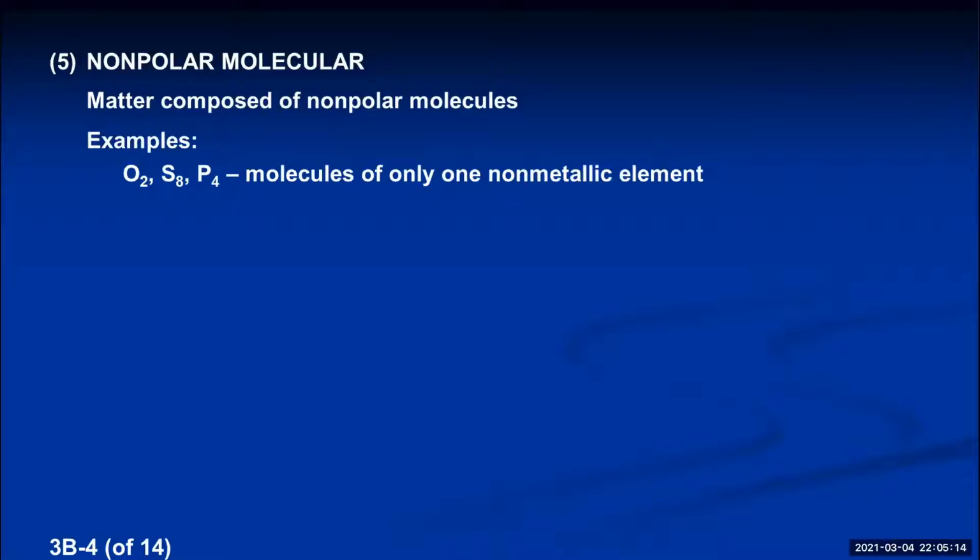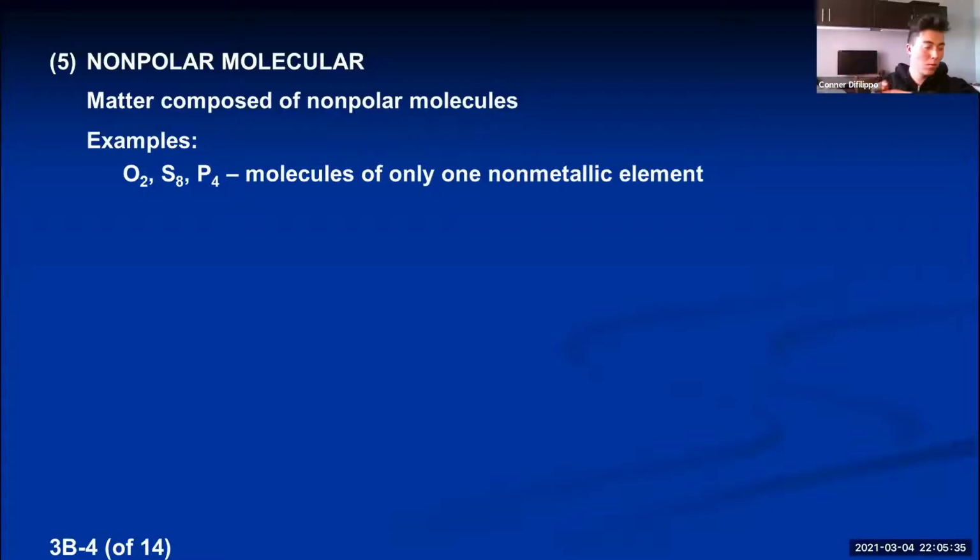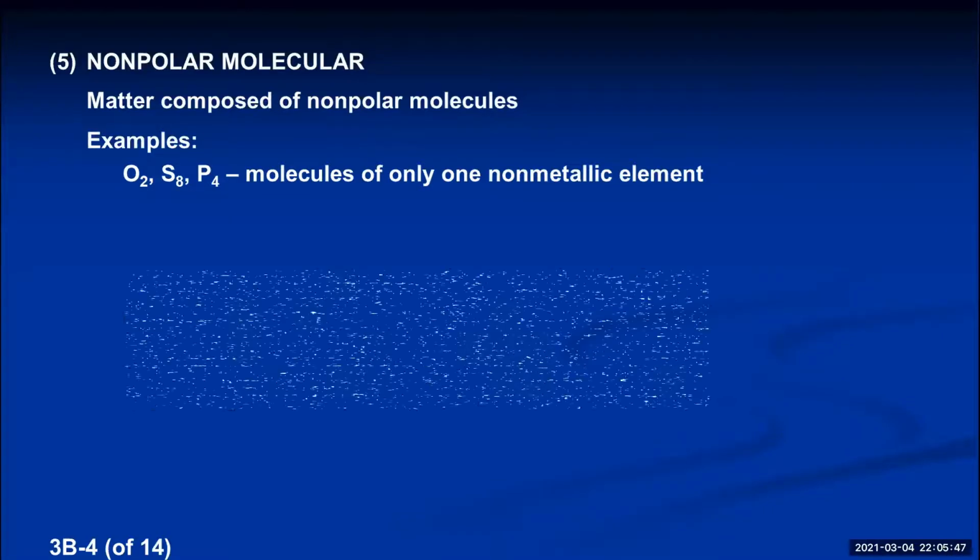That is so perfect. The basic concept here: if you have a bond between oxygens, their electronegativities are the same. What's the difference? Zero. If the electronegativity difference is zero, the bond isn't polar. An O2 molecule doesn't have a polar bond in it. There are no dipole moment arrows. An S8 molecule cannot have a polar bond in it. There are no dipole moment arrows. So if there are no dipole moment arrows, it's got to be a nonpolar molecule. Perfect. So if you have any elemental nonmetals that create little molecules, they've got to be nonpolar.